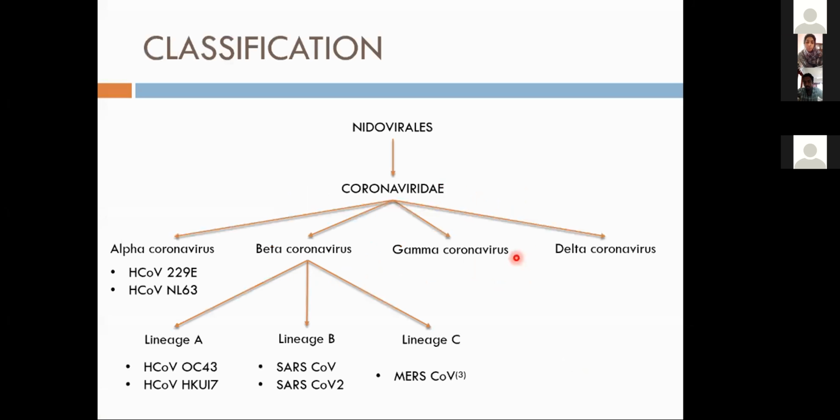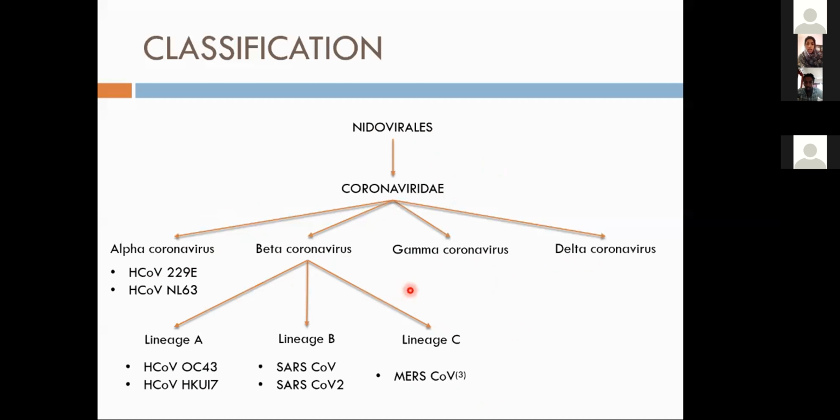Classification. SARS-CoV-2 is a potentially lethal type of coronavirus, a subfamily of enveloped, non-segmented, positive-sense RNA viruses that usually cause mild respiratory tract infections. Here we have the classification chart, which shows Nidovirales, the order for the coronavirus. Next, we have the Coronaviridae, the family of coronavirus. There are 4 genera: alpha coronavirus, beta coronavirus, gamma coronavirus, and delta coronavirus. 7 coronaviruses cause disease in humans, called HCoV or human coronavirus. All HCoVs belong to the alpha and beta genera.